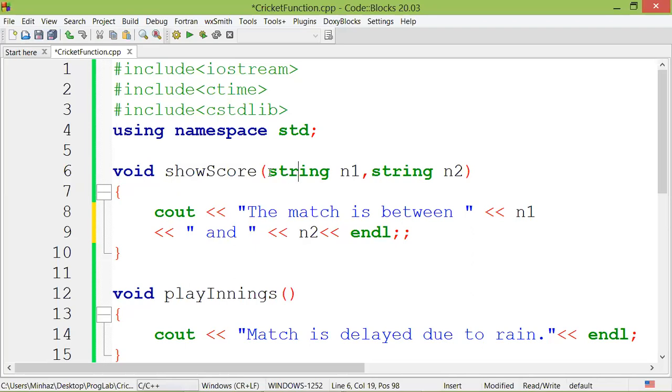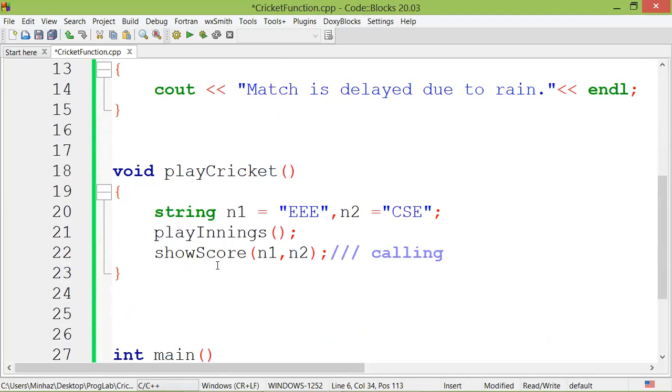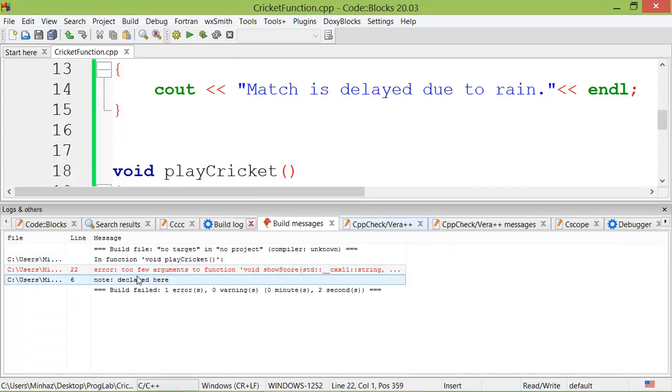It needs two values, n1 and n2. So if you call this show score, but you are not giving any variable, then it will create a problem. Just execute this. Okay, here show score, it is creating a problem, the red line. So red mark, what is the red mark? If you just see here, it is written too few arguments to function, because here it is suggesting that void show score